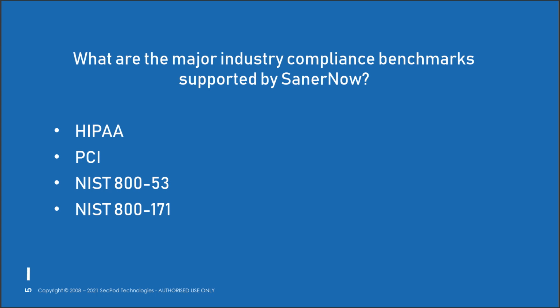We are in a multi-framework era where organizations, large and small, public and private, are tasked with complying with multiple cybersecurity policies, regulatory and legal frameworks. There are regulatory guidelines available in various industry streams. For example, for the financial sector there is PCI DSS, the Payment Card Industry Data Security Standard, which is a set of requirements intended to ensure that all companies that process, store, or transmit credit card information or financial information maintain a safe and secure environment. These are the guidelines for industries operating in that sector.